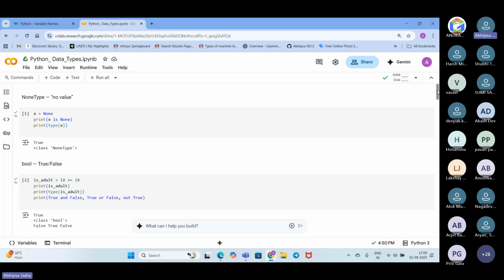But it would be beneficial if you use Google Colab itself. Everyone is well aware of Google Colab, have worked with it, right? Yeah, ma'am. Okay, great. So we'll work in Google Colab itself.